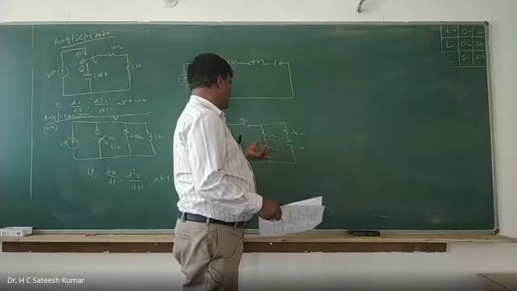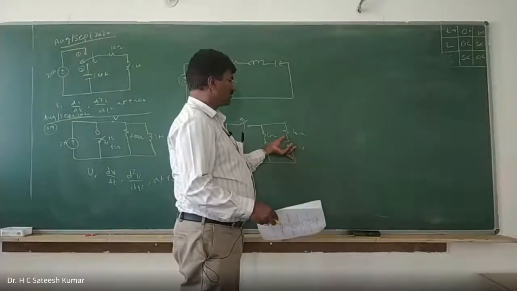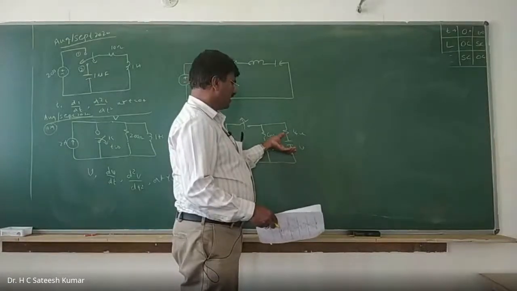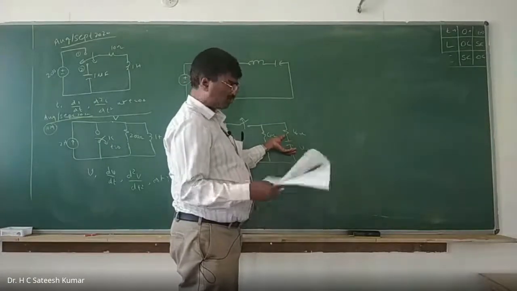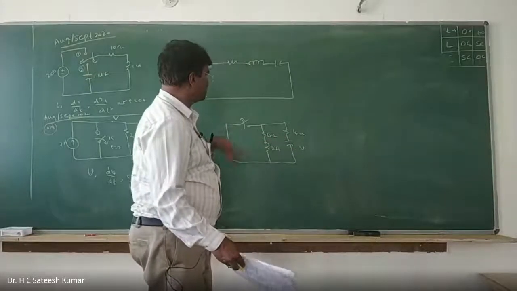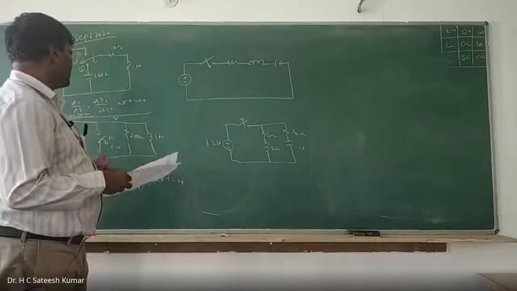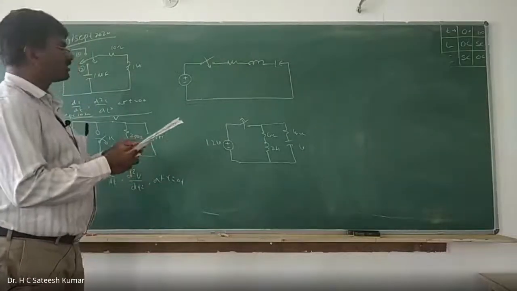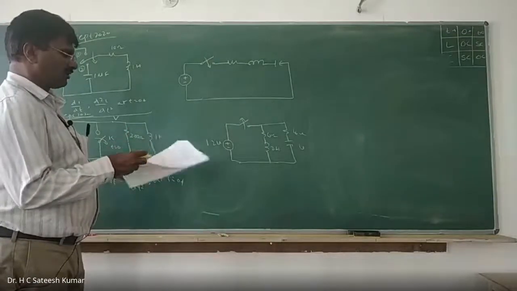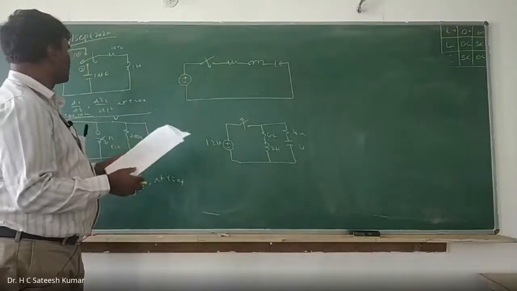Therefore, you will get I0 minus and V0 minus, the steady state current and steady state voltage. And we can replace the inductor by a current source and the capacitor by a voltage source at T is equal to 0 plus. Then you apply KVL and we can find out all the parameters like I, di by dt, dV by dt, all those things we can calculate. So this is one question we have seen in one of the recent papers. That's all the questions we have seen from the August paper.